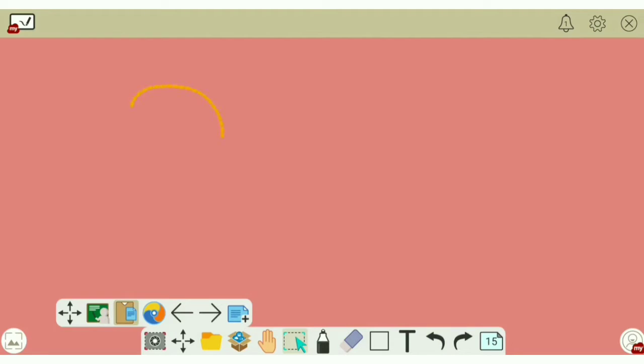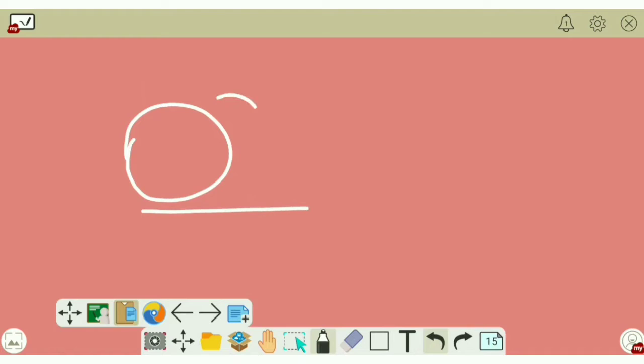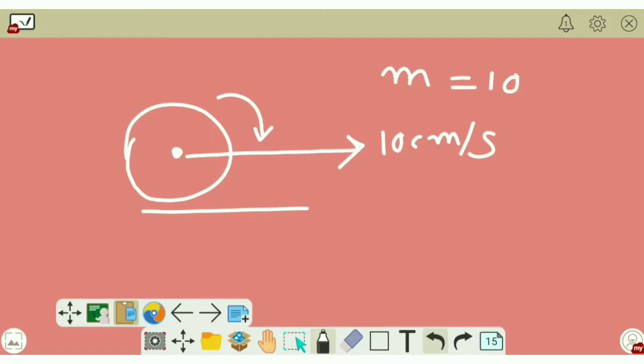This is the disc, and this is rolling like this, and its center of mass, which is situated here, is moving with speed 10 cm per second, and its mass is equal to 100 kg. So what work has to be done to stop it? Now see,